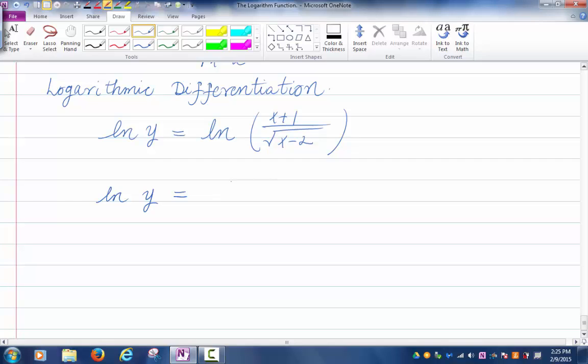So this is ln of (x plus 1) minus half ln of (x minus 2). So you're going to rewrite it by using the log rules. And now,